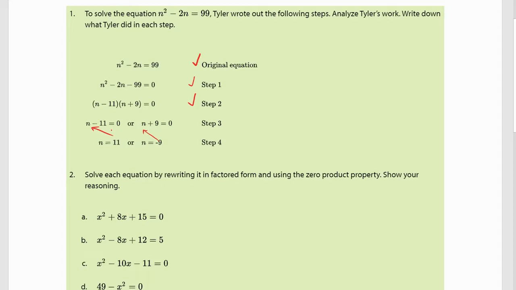Oh, okay. So write down what Tyler did in each step. All right. So original equation. This is the subtraction property, right? He factored to get into factored form. And then he basically did the zero product property,